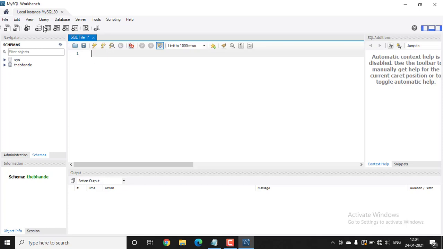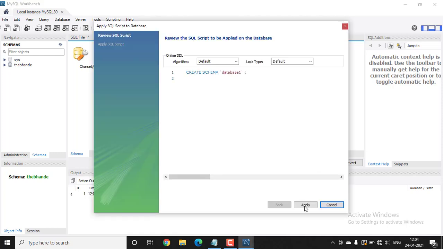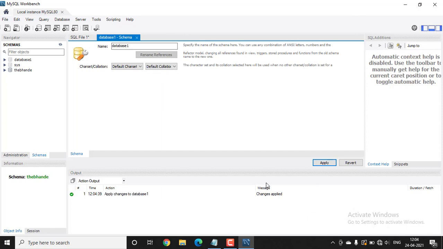Now let's create a new database. Click on this button and type the name of the database which you want to create. Database 1, and click on the apply button, and then click apply, and then finish.